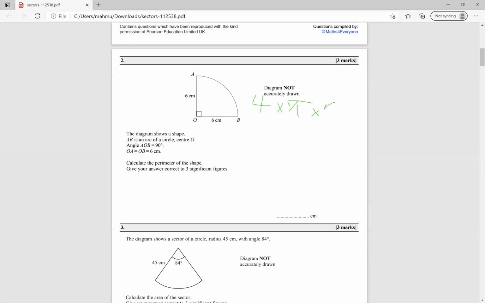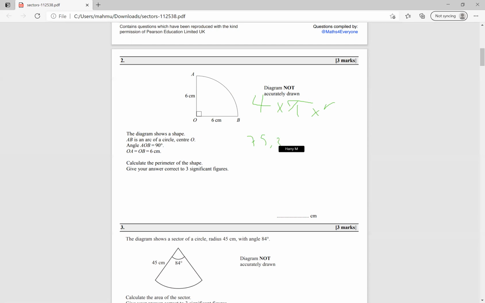So 4 times. So first, 4 times pi times r, times 6. Not times 6. Oh yeah, times 6 for the radius, yep. 75.36. Now, you times it by,